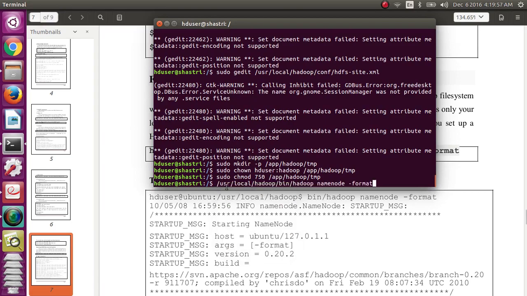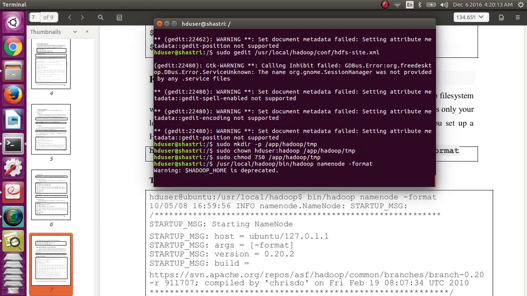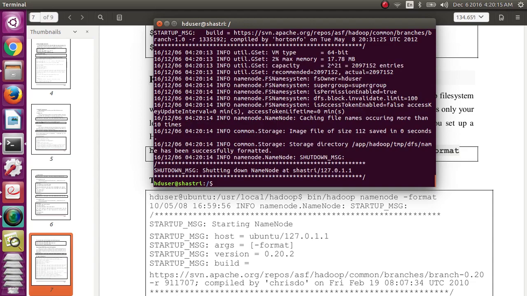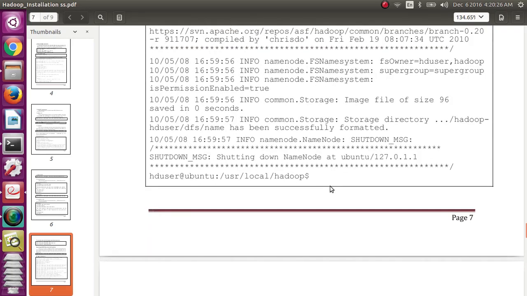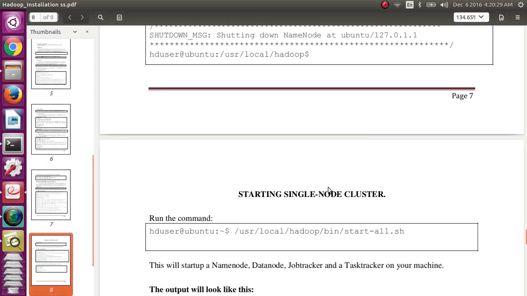Hadoop is where we have installed, under that the bin hadoop directory, and we are executing this as part of our installation process. It starts formatting. Okay, the name node at the system's IP address, localhost 127.0.1.1, successfully formatted.